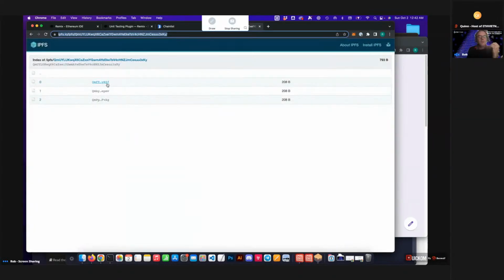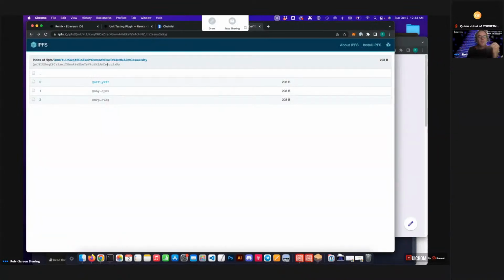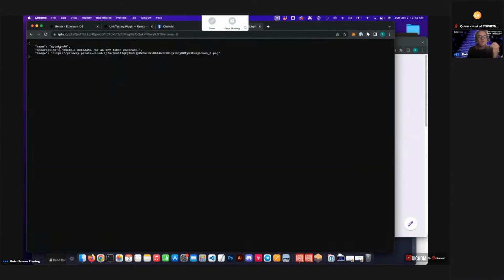So this is going to be the folder on IPFS, essentially where these digital assets are. And then this is the next level of metadata that explains that the image is over here. Sorry, so this is the collection, and these are the elements of the collection. And the collection includes, this is like the first one of the collection, and that's going to be the image associated with it. So if we take this,